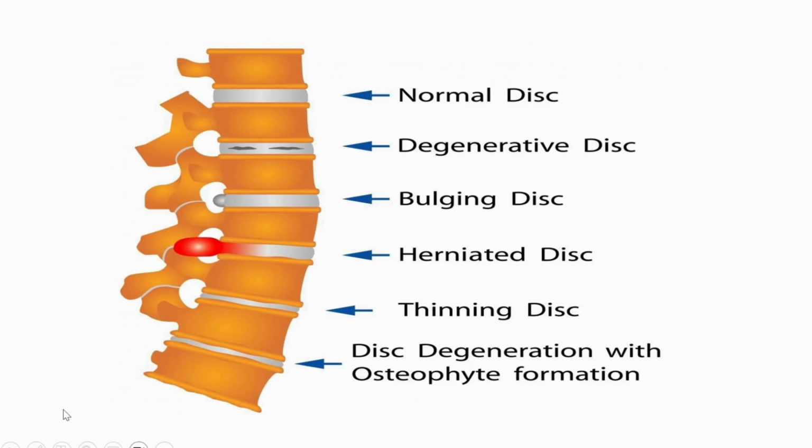Now this is the summary of disc. This is the normal disc, which is limited superiorly and inferiorly by the end plates, whereas anteriorly and posteriorly by the vertebral epiphysis. And degenerative changes that we can see are the intradiscal gas, bulge of the disc, herniated disc, and the thinning, that is the reduced disc height, and again the osteophyte formation with collapsed disc space. So these are the different types of the disc degeneration.